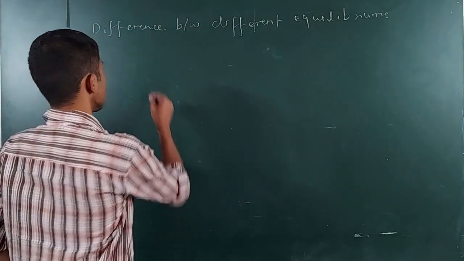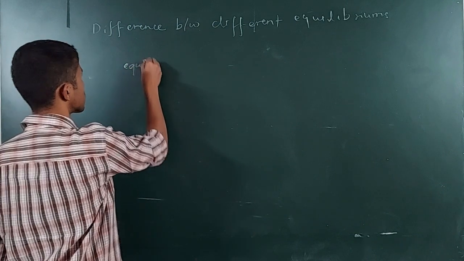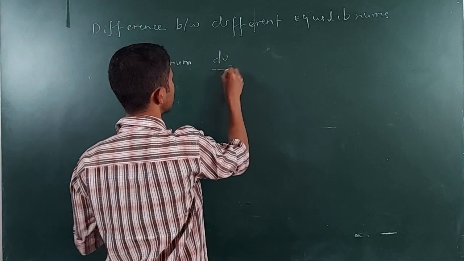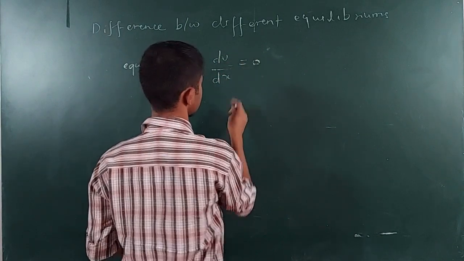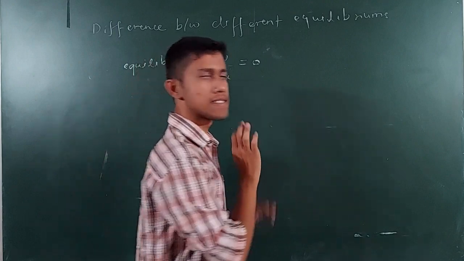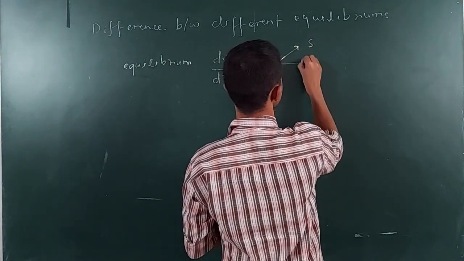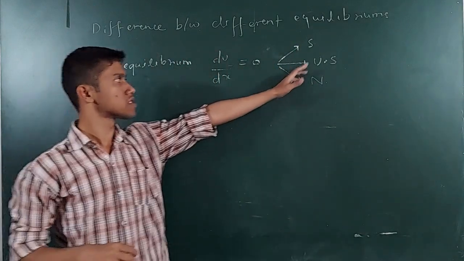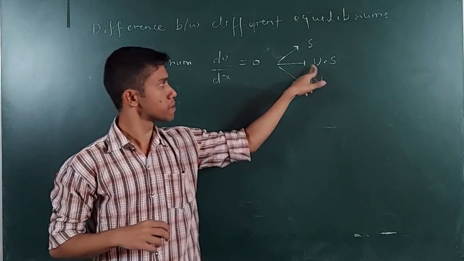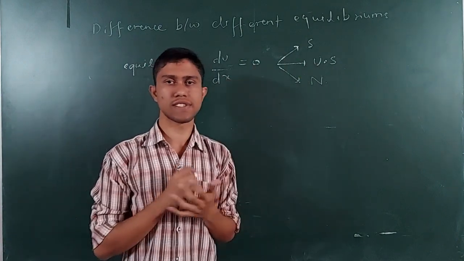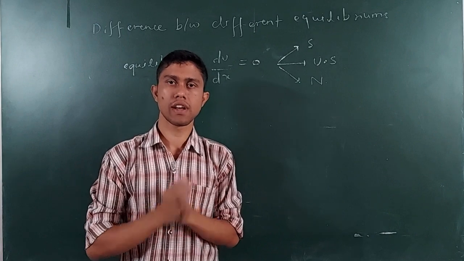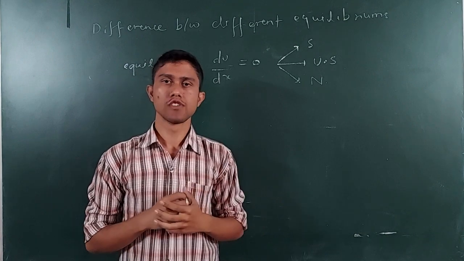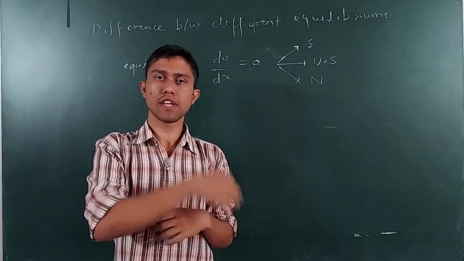Up till now, for an equilibrium, we know that du by dx shall be 0. But it is similar for all three conditions: stable equilibrium, unstable equilibrium, and neutral equilibrium. So this is a common thing in all. Stable equilibrium also satisfies this condition, unstable equilibrium also satisfies this condition, and neutral equilibrium also satisfies this condition. So how can we distinguish when this is common for each and every one of them? We have to find something which is different for each one of them.